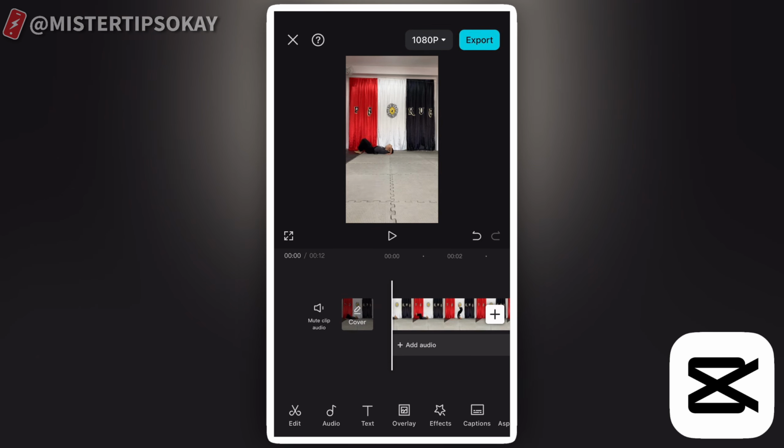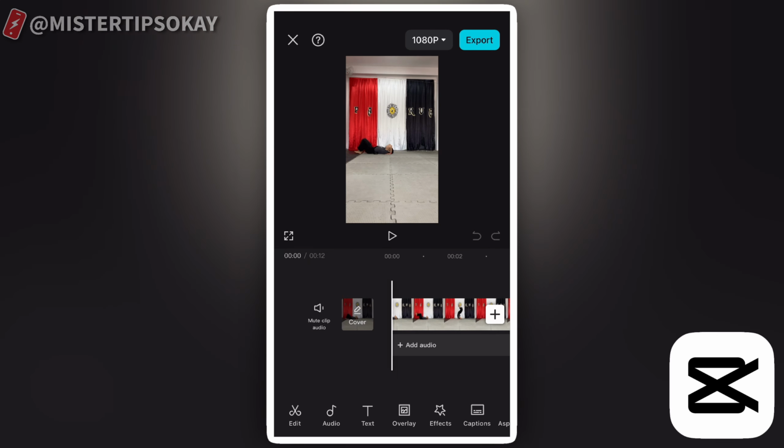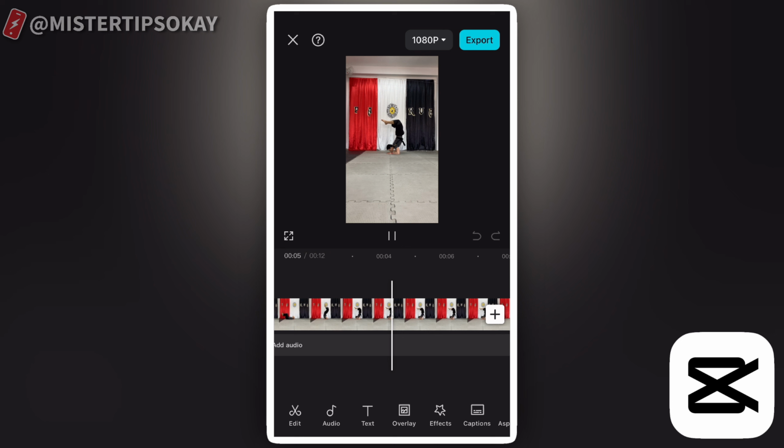The first method is to tap the X button in the top left corner of the screen. CapCut will automatically save your video as a project. Whenever you open the app, the project will be there, and by tapping on it, it will automatically open in the editor, so you don't have to worry about saving the changes you've made. However, this won't save the video to your photo gallery, and you won't be able to share it on social